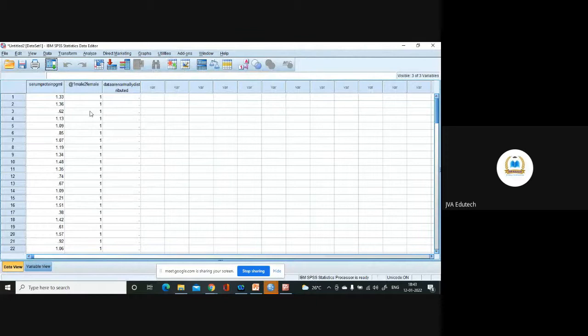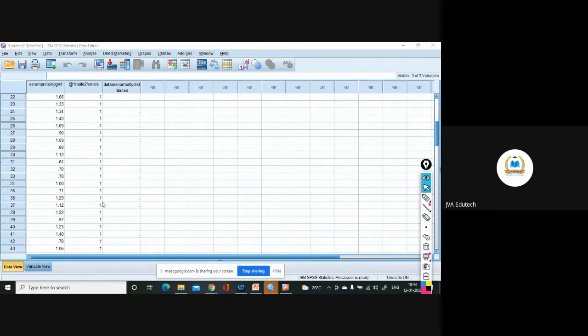If you see this data, previously when we tested normality, we had taken the serum protein in picogram per ml. Now I am testing the serum protein between males and females. I want to see whether after a particular treatment, let's say after giving a particular medication, there is a change happening in serum protein or not, and whether this change is happening in both males and females.